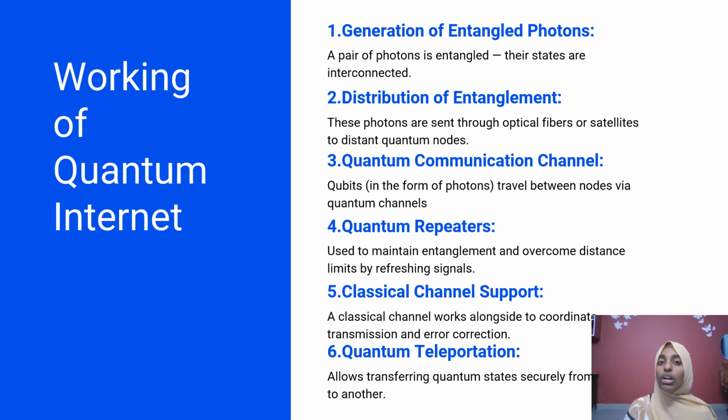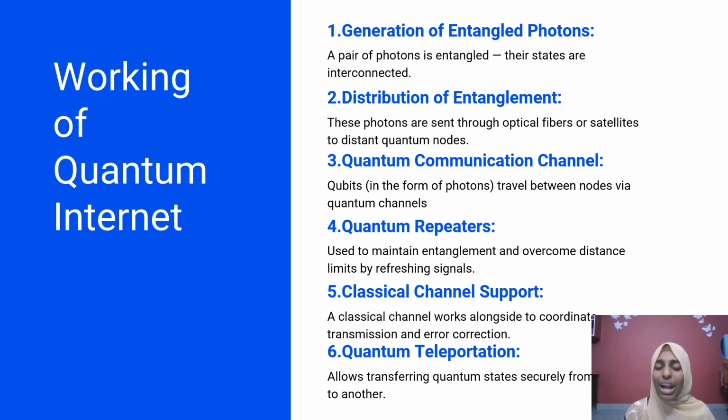In that protocol, they'll use both a quantum channel and a classical channel, where the quantum channel is used only for sharing the qubits, whereas the classical channel is used for communication only about the basis, where the actual bit value is not revealed or shared between those two users. So in this quantum internet, a classical channel is also supported, which supports the normal conversation